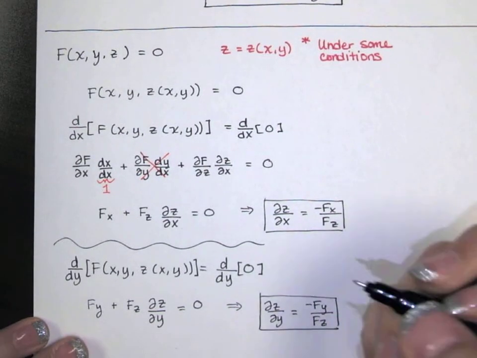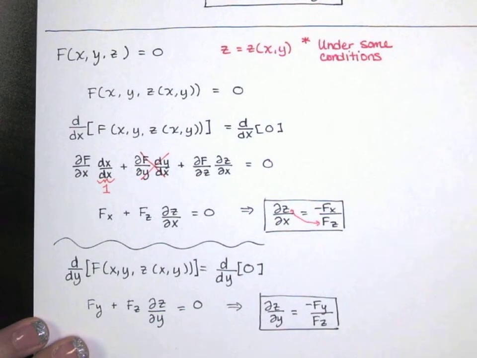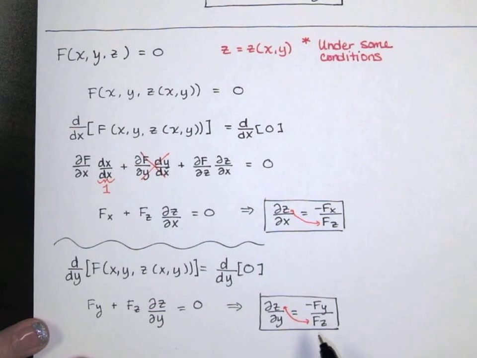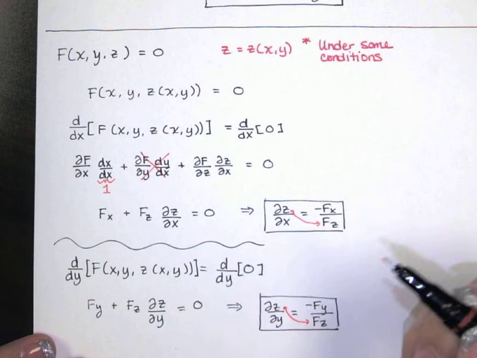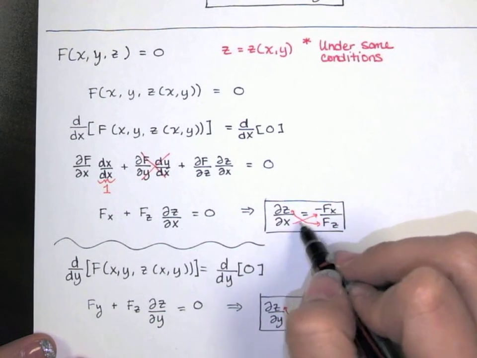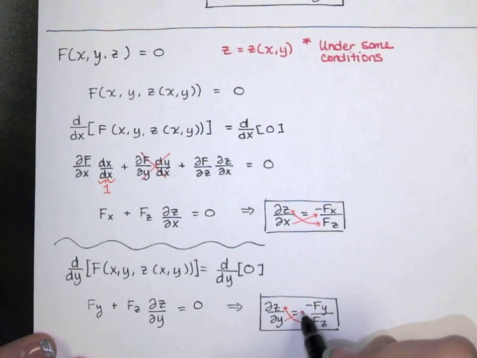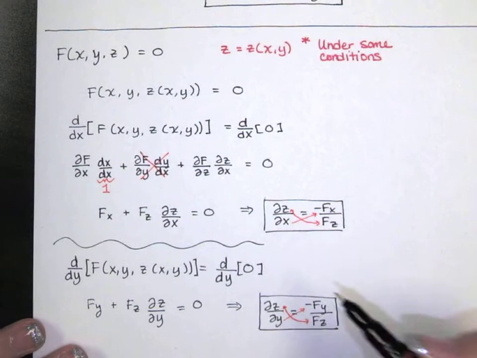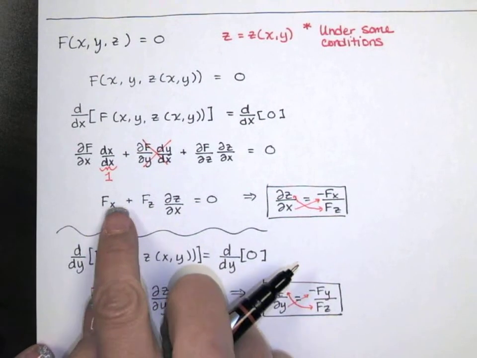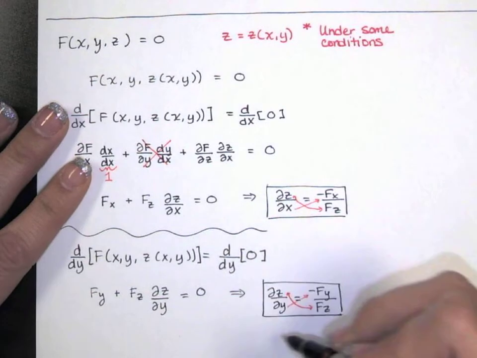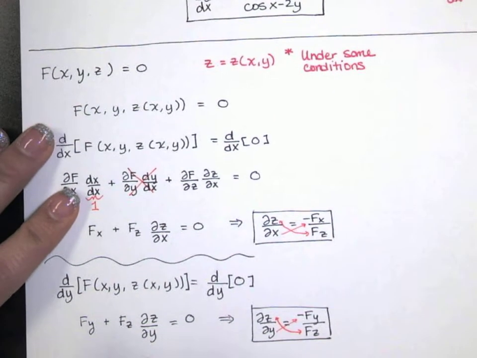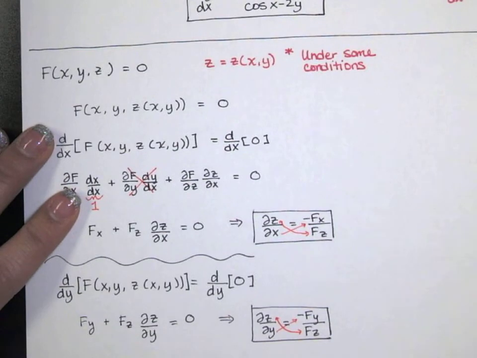Again, notice the dependent variable is z. The partial of f with respect to the dependent variable goes in the denominator. And my independent variables here are x and y. The partial of f with respect to the independent variable goes in the numerator. And we always have that negative sign that comes from moving this term over to the other side. Okay, so these are our formulas under the conditions that we talked about. And